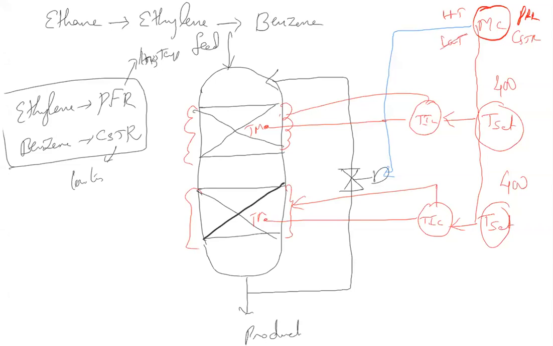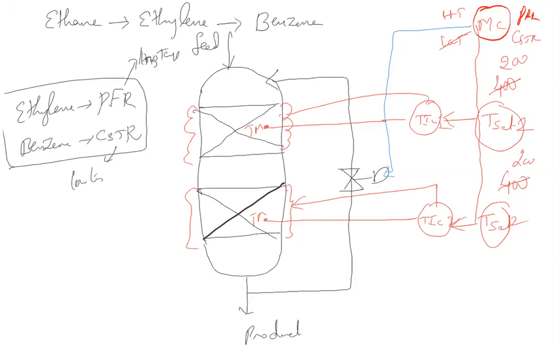If I set low temperature, then this will be maintained at 200 degrees, and this will be maintained at 200 degrees, so that both these TICs, this is TIC1, this is TIC2. So this is T set point 1, this is T set point 2. Both these two control loops are controlled by a master controller. This is what is called a cascade controller. Control inside a control, which is called a cascade controller.